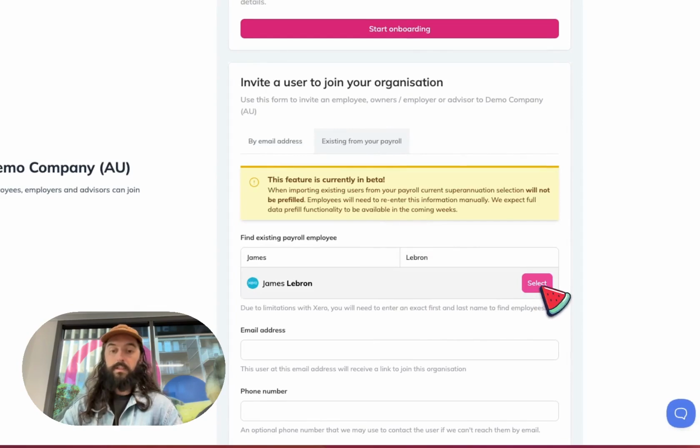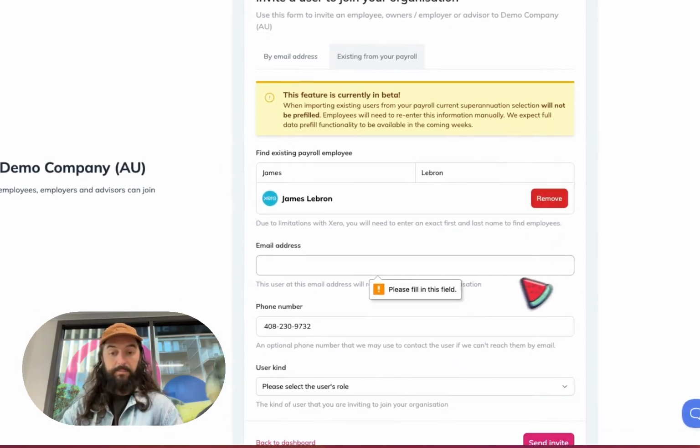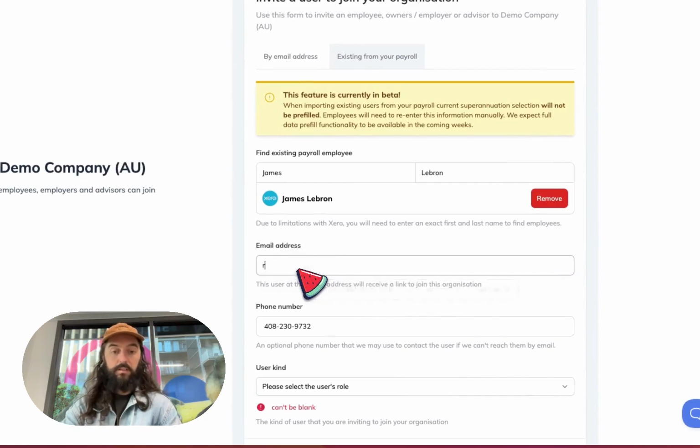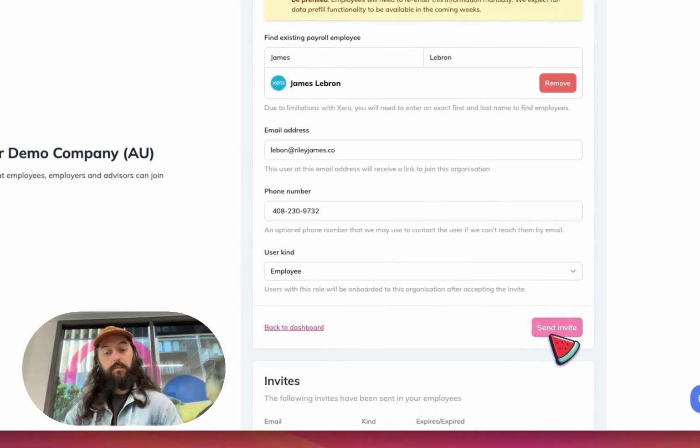you do need to enter both the first and last name at the moment. We will be making improvements to this feature, but that's what it does at the moment. You can then select them. Looks like they don't have an email address. I need to add that, and then I want to invite them as an employee, and then I can send